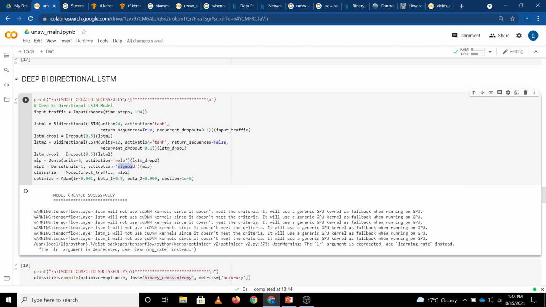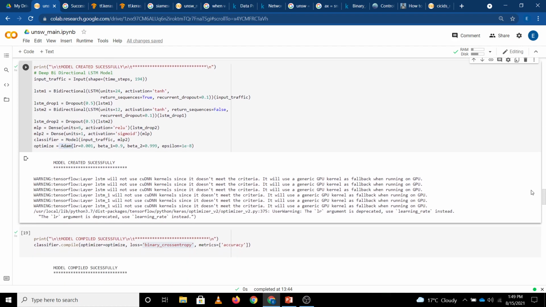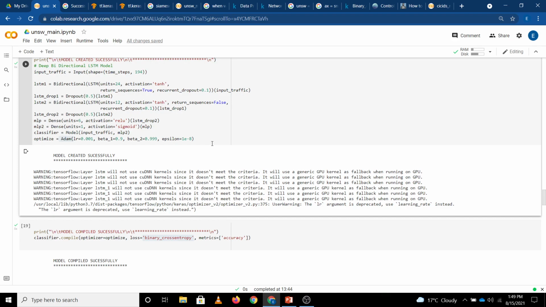We also used an optimizer, which is Adam. Adam is the most popular optimizer used for classification, and here the learning rate is 0.001. So it will learn in a keen manner and learn accurately. Then we will move to the next step, model fitting.